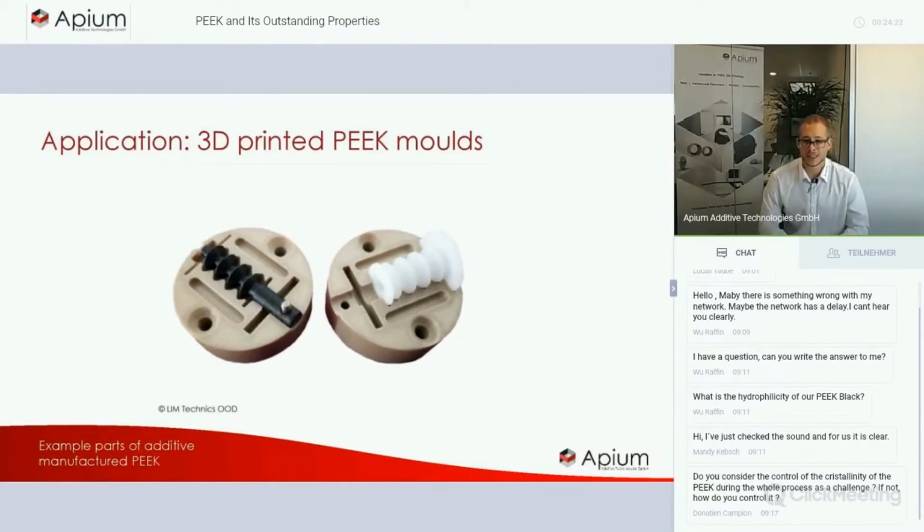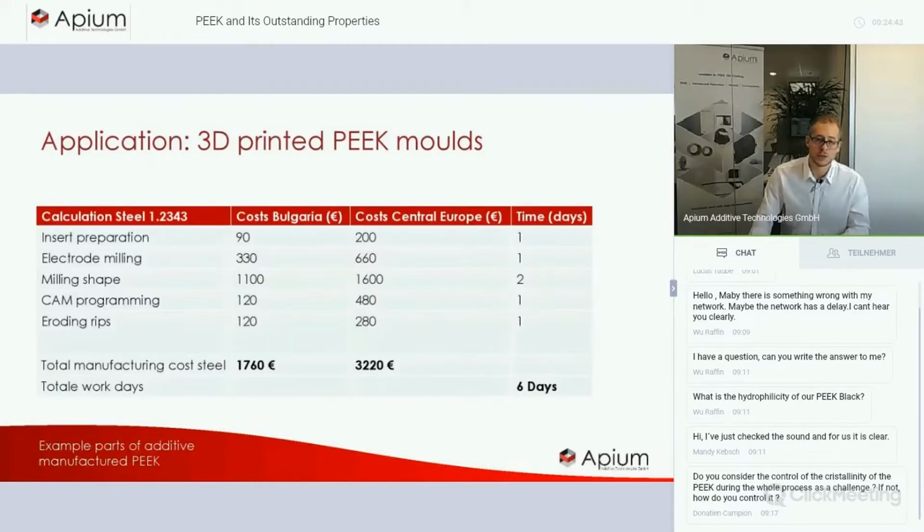What is very interesting, and what I want to show you, is the cost savings that was achieved by using molds manufactured with PEEK and FFF printing over conventional manufacturing. LEM Technics were kind enough to give us a calculation we are free to share with you. So when they looked at the different steps that need to be done to create this mold, they said